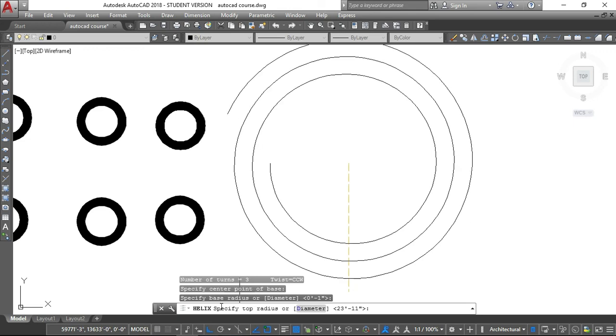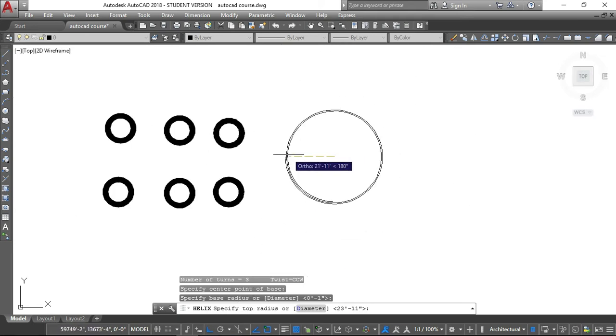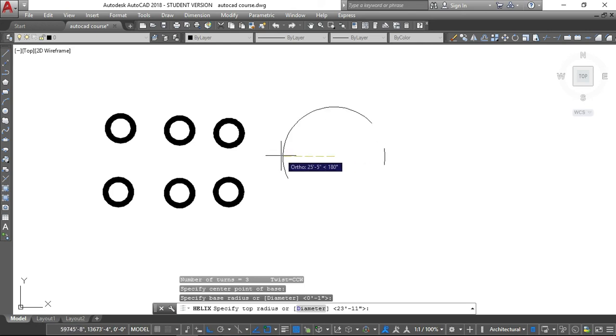Next, you must read: helix specify top radius, meaning the next radius inside the first one. You can select the top radius inside to show these spirals in the helix command, or you can draw